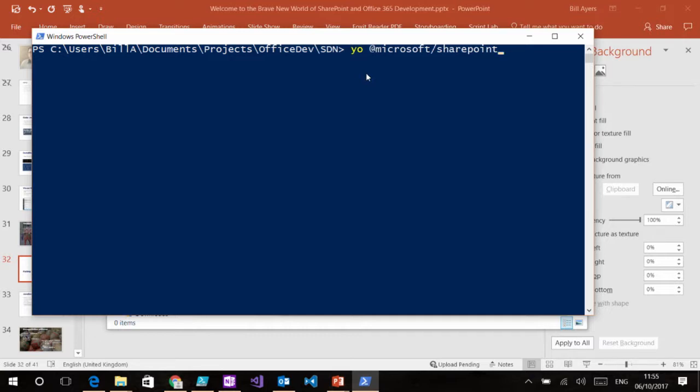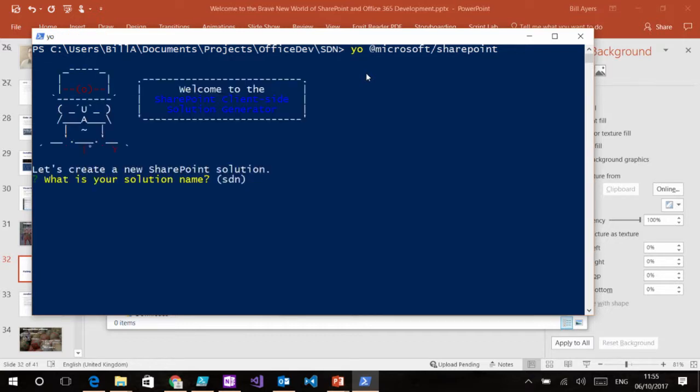We can't just do yo SharePoint because somebody somehow got hold of that, so it had to be namespaced. There's another one for Office, if you're asking about Office add-ins. That's yo Office, which looks better on a T-shirt. They made some T-shirts with yo SharePoint on, which is a really snappy T-shirt design, but it didn't work. So you have to type yo at Microsoft SharePoint, and then you get this nice bit of ASCII art,